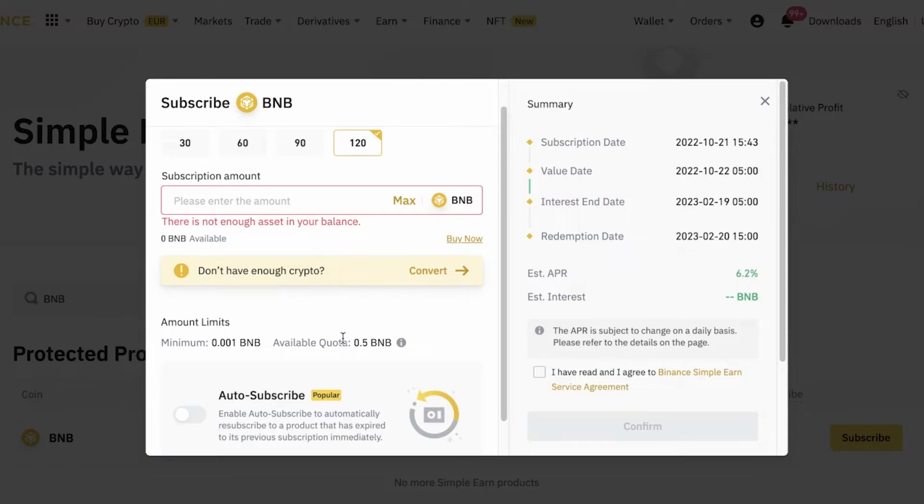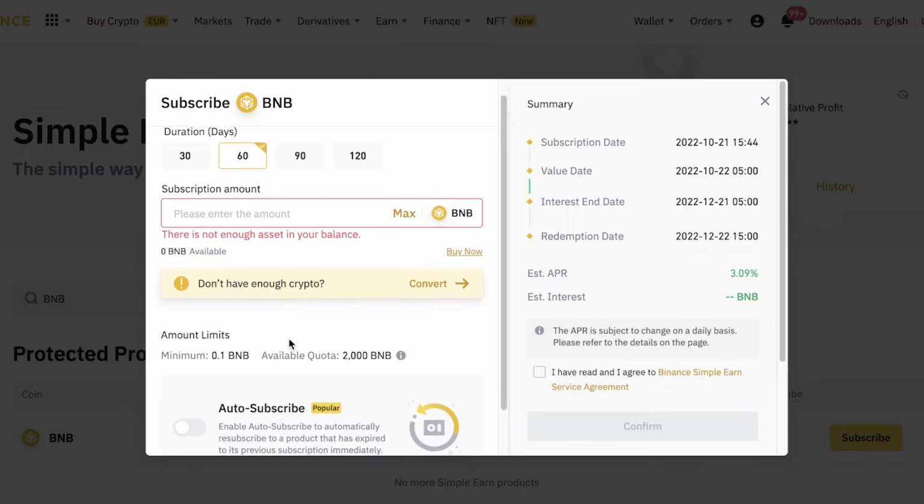currently on Binance, is 0.5 BNB, and for the 60-day duration you can actually stake over 2000 BNB, and the minimum is 0.1 BNB. So you can choose whatever package seems more preferable to you. A lot of the times, the longer time period that you stake your money for, the larger the interest yield